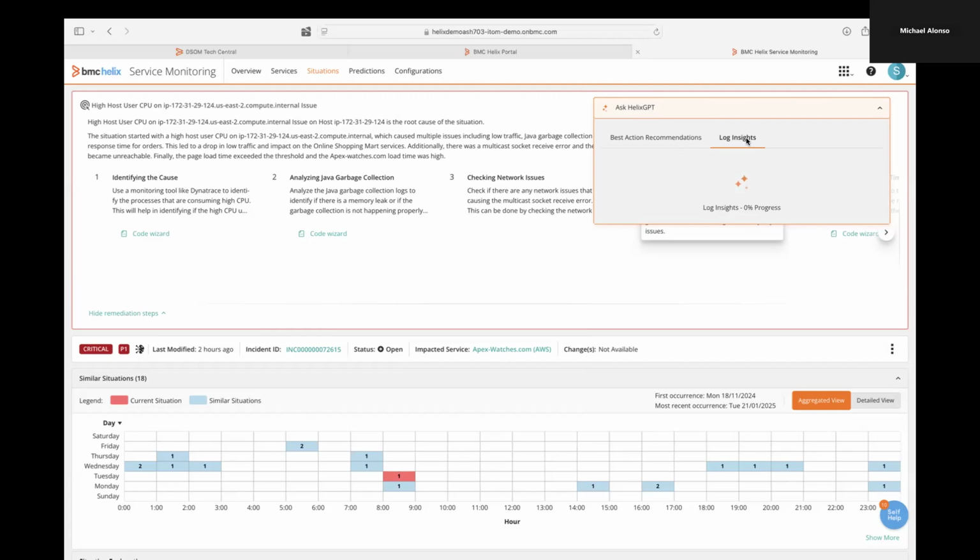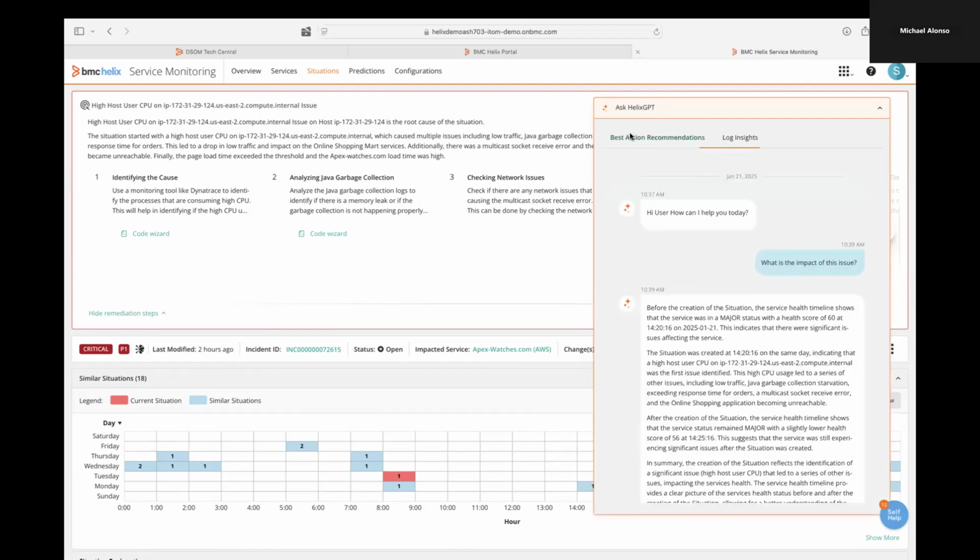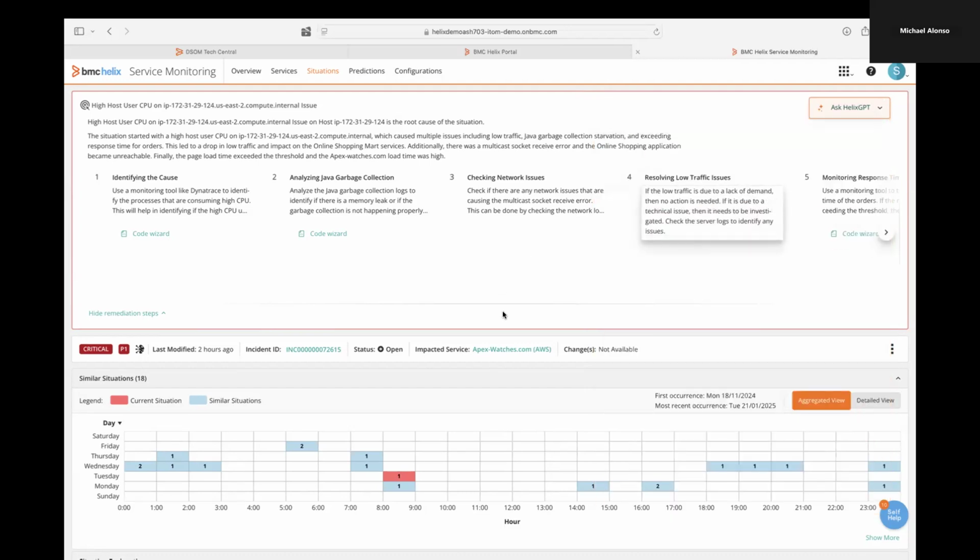Part of our AI solution that we're not going to get to today, unfortunately, is we have complete enterprise log file management. In this case, there are no logs to generate this information for this particular event, but I just wanted to show you that we have that log capability.